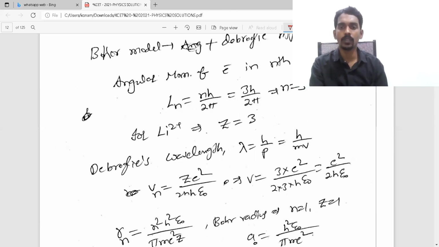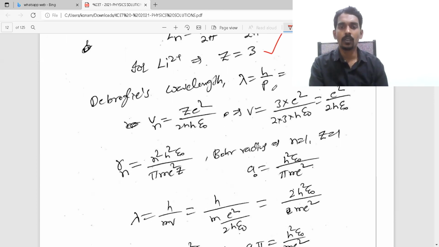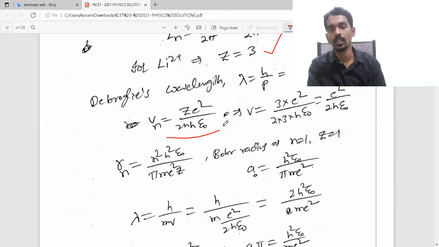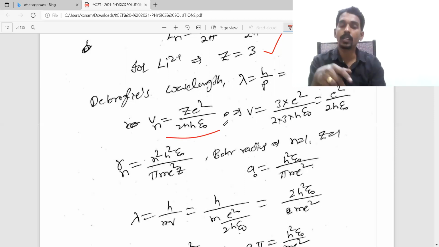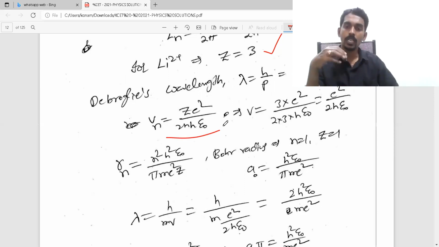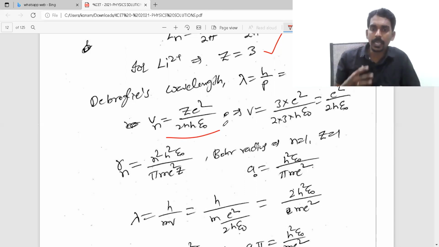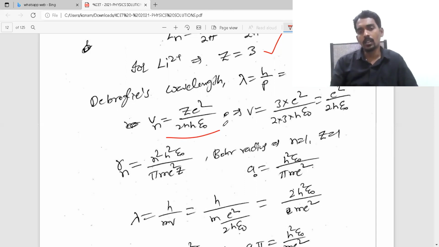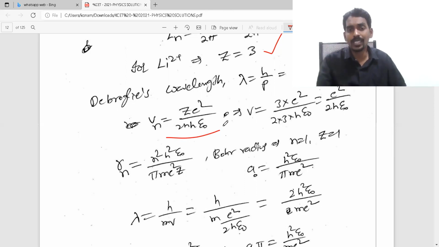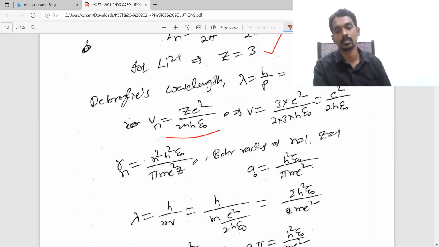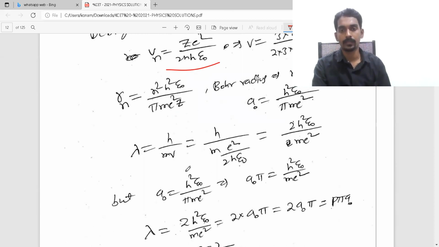Like Ln, so we get the n value. For lithium, the Z value is there. Now lambda equals h by p or h by mv, and the v value we already have from the Bohr model. Again, they are trying to combine the Bohr model with the de Broglie hypothesis. That's why you felt it was difficult to solve, because it was not a direct question based on one formula or one concept. So they tried little bit different and little bit difficult questions. I don't know why, but please take care. You can expect such questions in NEET also.